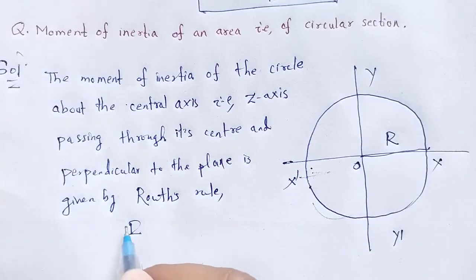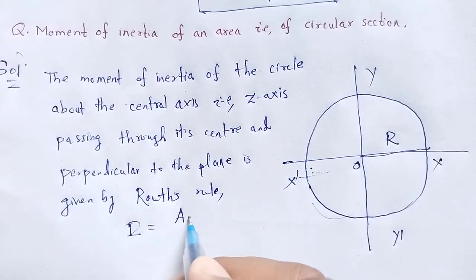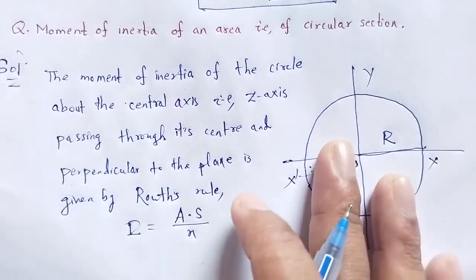That is I is equal to A into S divided by N,